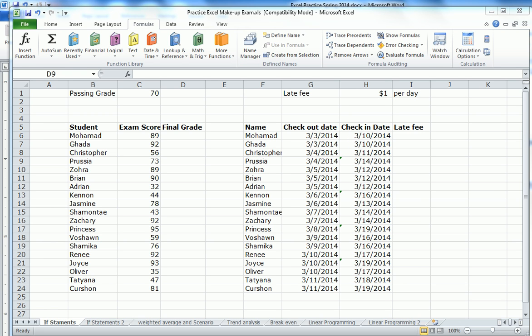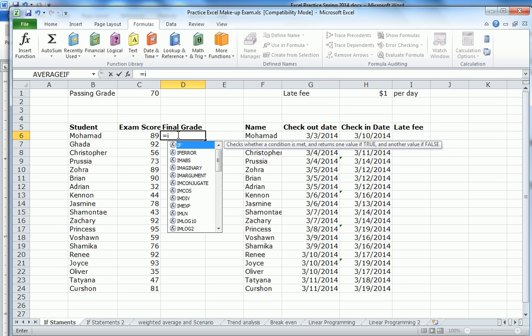The first question asks you to write an if statement to determine the final grade for the students on the Excel sheet. It says that the passing grade is out of 70, so you need to determine whether they pass or fail the course. So remember we said in order to make a decision, we use the if statement in order to fill the content of this cell with either a pass or a fail. So we start with an equal sign and if,